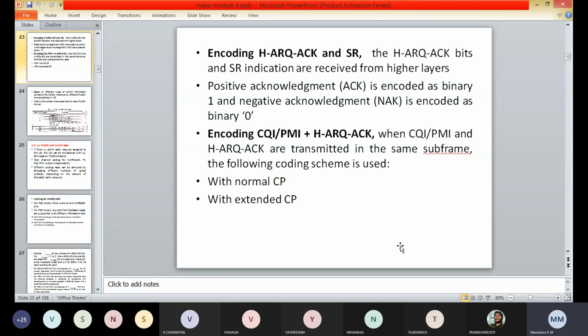Based on the different types of control information carried, there are 6 different PUCCH formats defined in LTE.